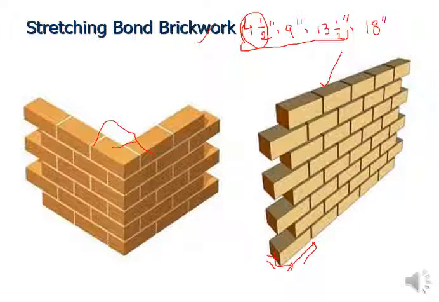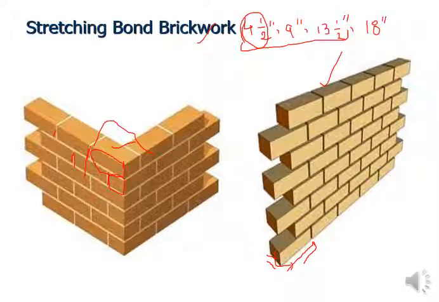If on one side, let's suppose the stretching is there, meaning stretcher course is there. In one, you are placing your brick as a full. This is your first course, let's suppose. The second brick you are placing like this. So if you want to avoid the continuity of the vertical joints, then you have to place your brick in such a way that it should be at the center of the other brick, the vertical joint. So below that you can see the brick is placed like this. Okay, so this vertical joint is exactly at the mid. Now what you have to do here, the dimension will be left as 4.5.